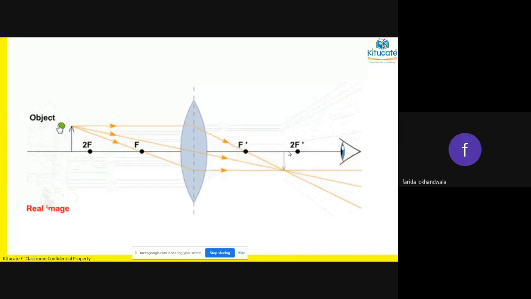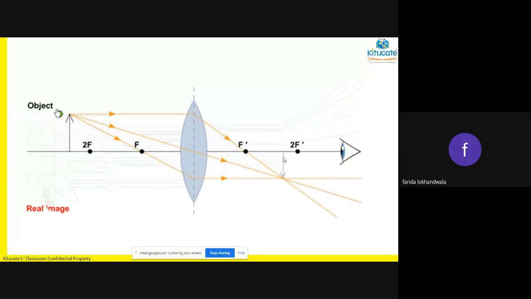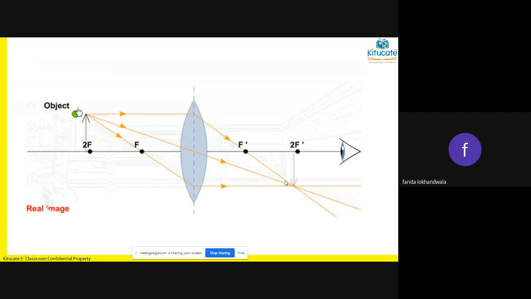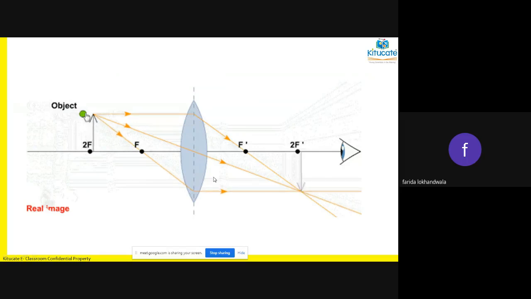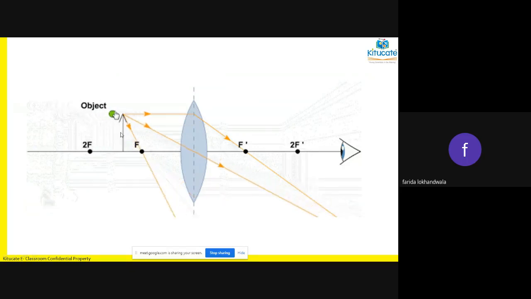So if it is straight, and here the image is coming ulta, inverted, it is a real image. Now as ma'am is taking the object a little bit nearer, see, can you see it is written real image? Now as ma'am is taking it more nearer, the image will come.